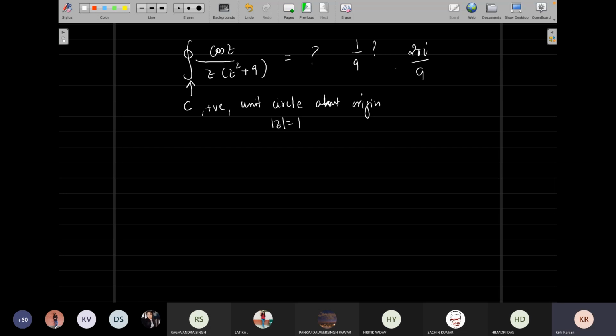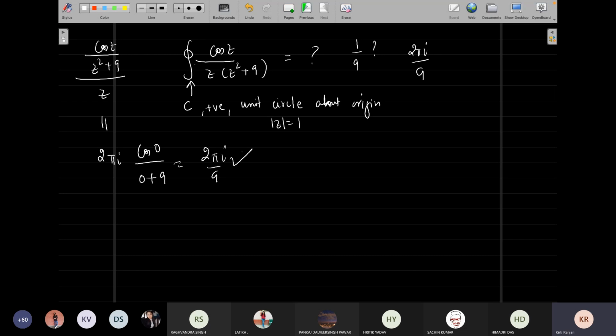And how did you guys do it so fast? Again, you took cos z over z squared plus 9, over z, and you basically had your result, because all you needed to do was the integral result 2 pi i times cos of 0 over 0 plus 9, which is nothing but 2 pi i over 9. Absolutely right. So see the power of these theorems, or the formula, that you are able to solve certain integrals pretty fast. Why? Because Cauchy's idea was to start working on analytic functions and then keep working further, so that even if the singularity is there, I can tackle that singularity in some sense.